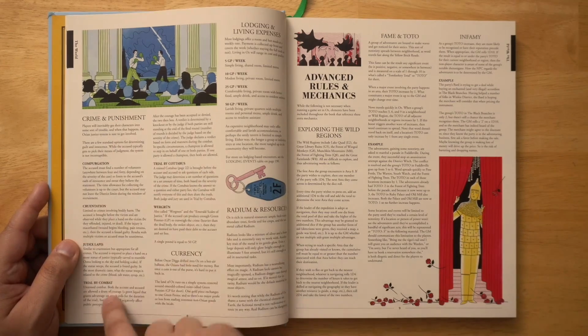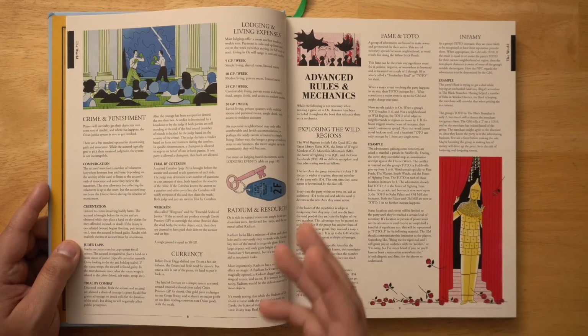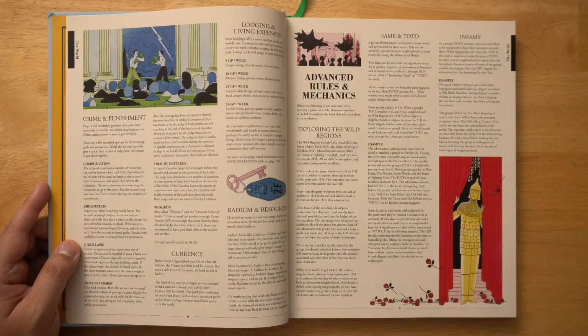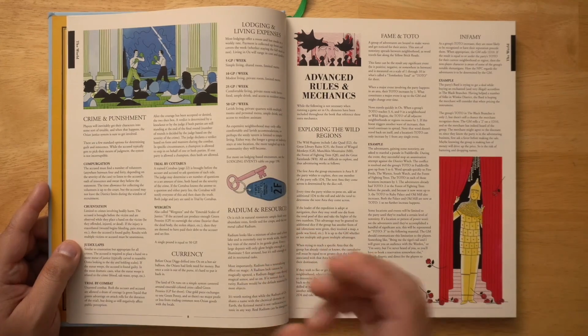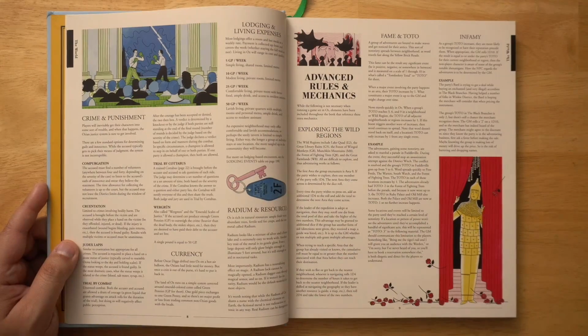There's a whole section here on crime and punishment that I quite like, because there's not just one trial system for Oz. There's all sorts of strange, arcane ways of determining someone's guilt, and that can make these sorts of trials a lot more interesting if you change it up from time to time. You can have trials by combat where you're boxing each other. There could be